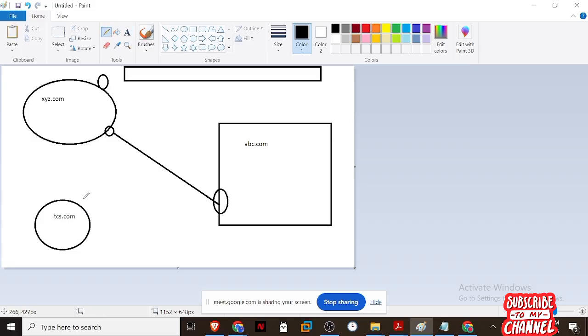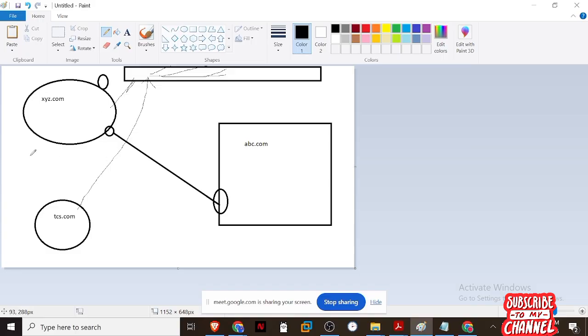TCS port 25, when mail exits, it will go to public DNS. Public DNS will ask what exactly you're looking for. It will say .com, .org, .edu, what domain you're looking into, root domain. Then it will say we have hundreds of domains with .com, what exactly are you looking for? Then it will say I'm looking for xyz.com. Then it will check the MX record, but it will say that this MX record does not exist. So we have to tell this public DNS that whoever comes asking for the xyz.com MX record,